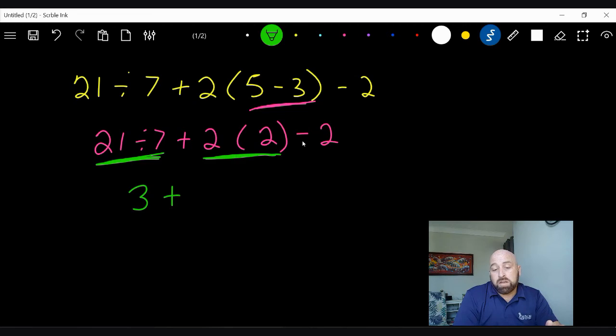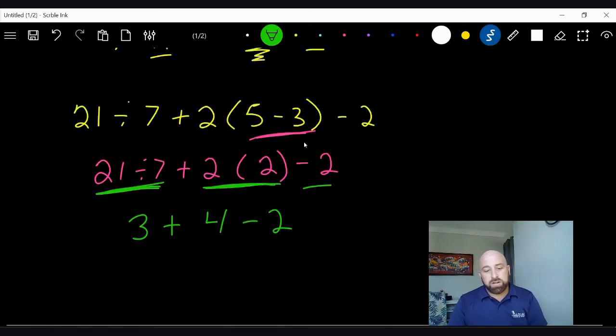Step number 3 is multiply or divide from left to right. So that's the next one I come to. And look, we have a multiplication problem right there because there's no sign. We talked about that yesterday with the parentheses. And so we have 2 times 2. So we could put 4, and then we put that minus 2. All right, and now it looks like we have all of our multiplication done,